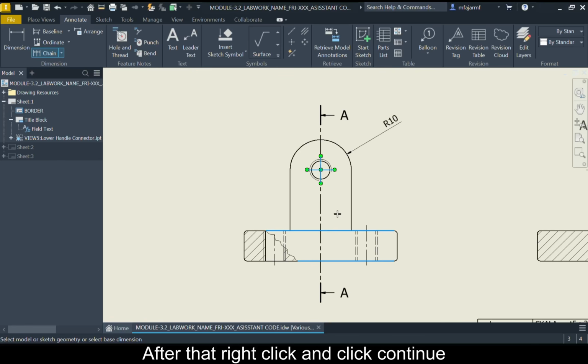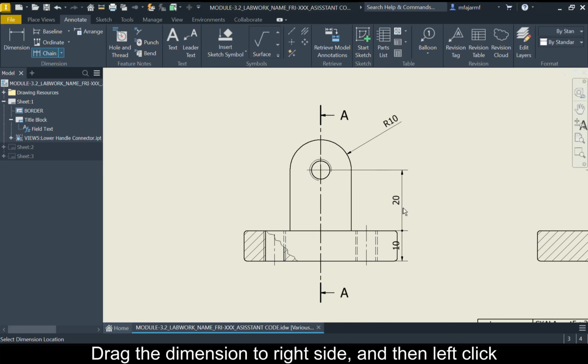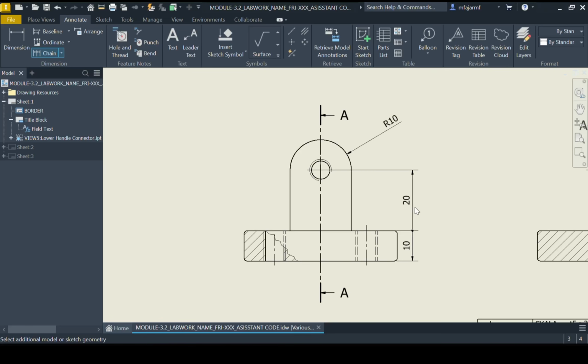After that, right-click and click Continue. Drag the dimension to the right side and then left-click. And the result should look like this.